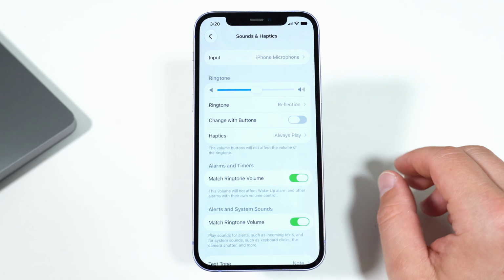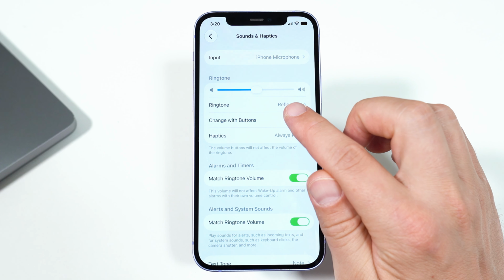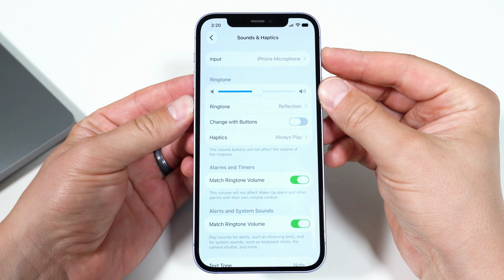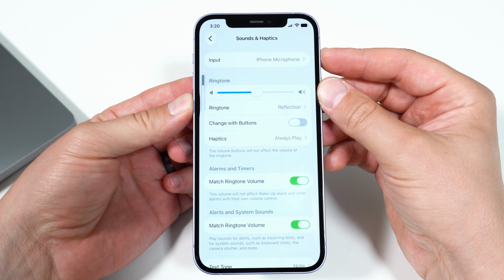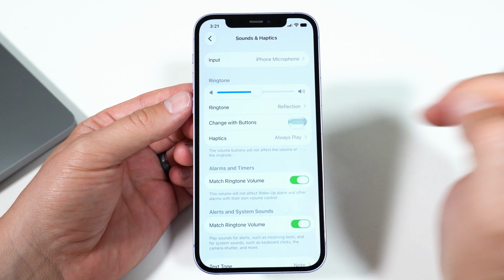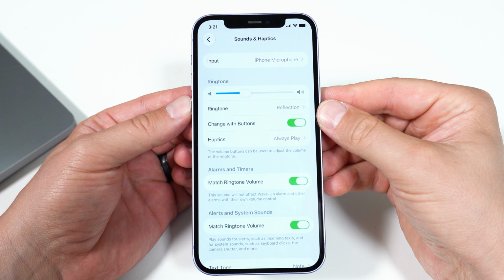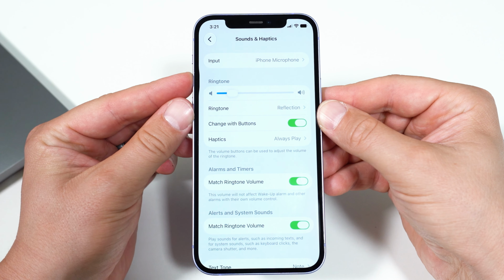One common mistake people make with their alarms is related to the Change with Buttons setting. So by default, the volume buttons on the side control media playback volume, music, videos, that kind of thing. But they don't affect your ringtone or alarm volume. However, if this Change with Buttons setting is enabled, pressing those side buttons will also control your ringtone and alarm